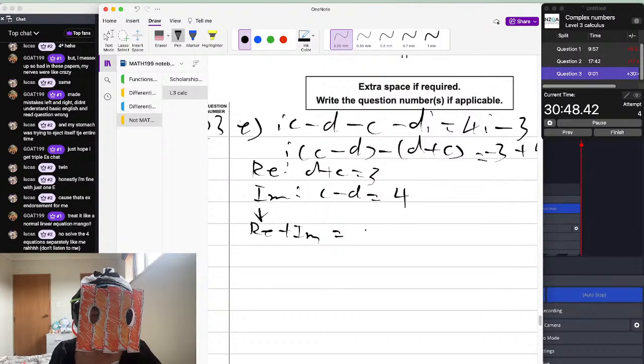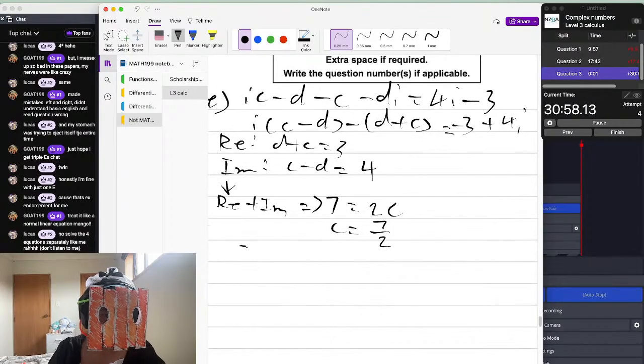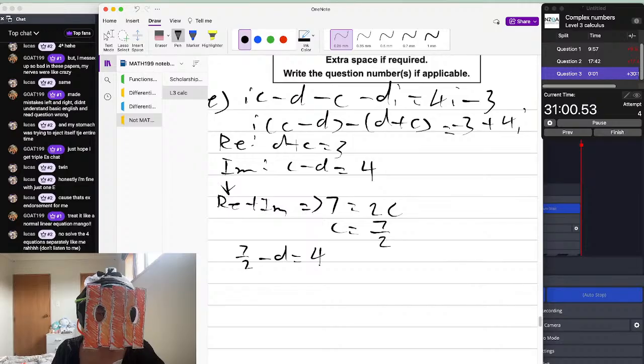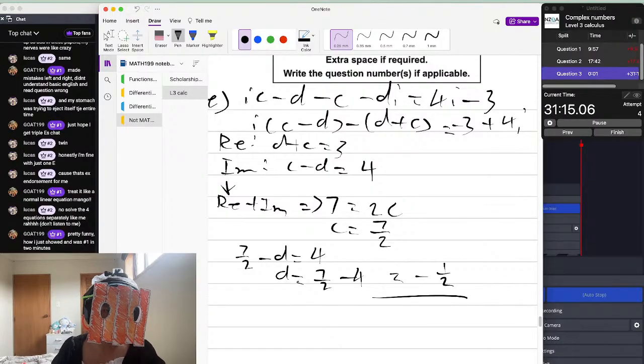That'll give us 7 equal to 2c, c equals 7 over 2, and 7 over 2 minus d equals 4. D equals 7 over 2 minus 4, which gives us minus 1 over 2. Yep. v equals